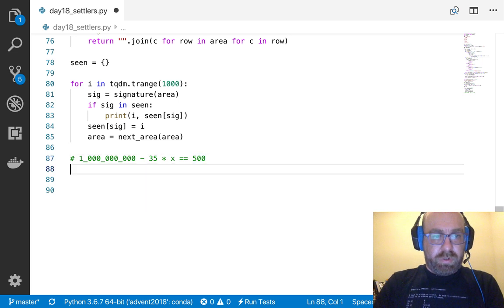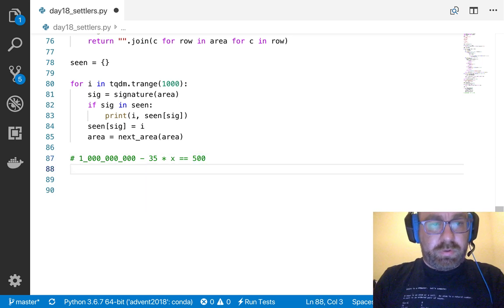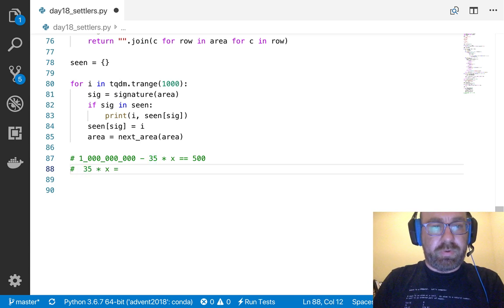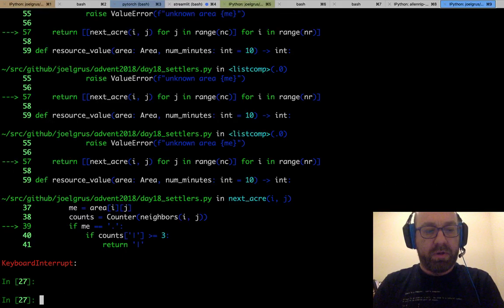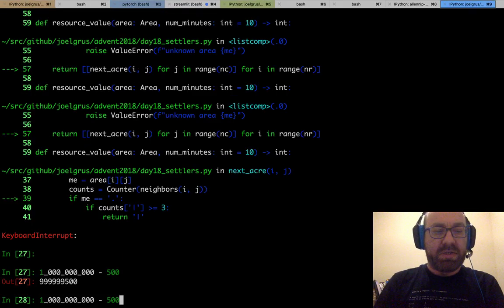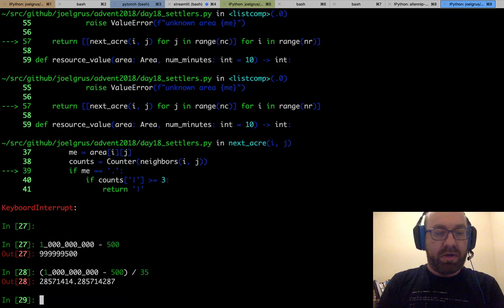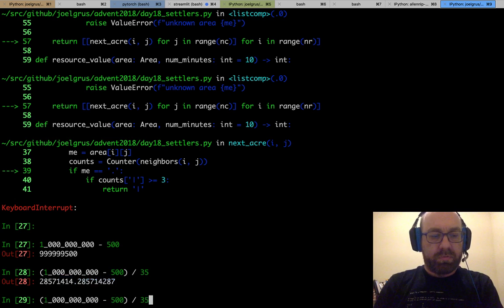So 35 times x equals 1 billion minus 500. I'm going to screw up this basic arithmetic, which is stupid of me, but I am. And then I want to divide it by 35, I said. So that's this thing.